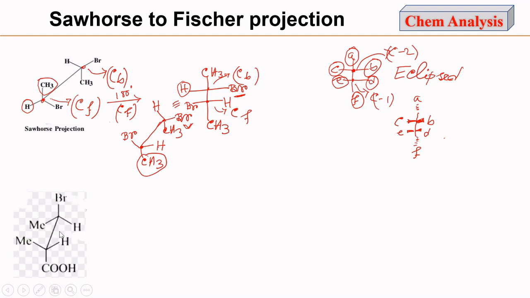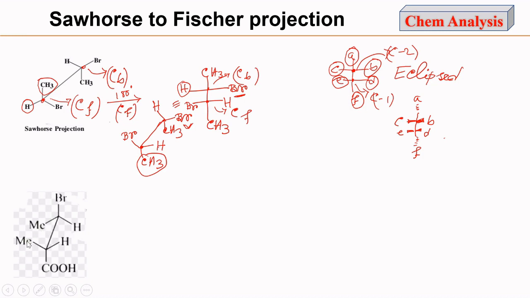There is no such rule that you have to keep the CO2H group and bromine atom on the vertical axis of the Fischer projection formula. You can keep any of the substituents on the vertical axis in the Fischer projection formula, and depending on that you have to rotate the carbon substituent within this carbon atom. If we consider the longest carbon chain, then that will be this methyl, this carbon, and this methyl. And if we want to keep this methyl and this methyl group along the vertical axis in the Fischer projection formula, then we have to keep this methyl group below the plane and eclipse to each other.